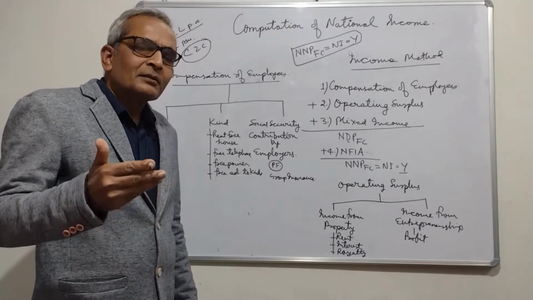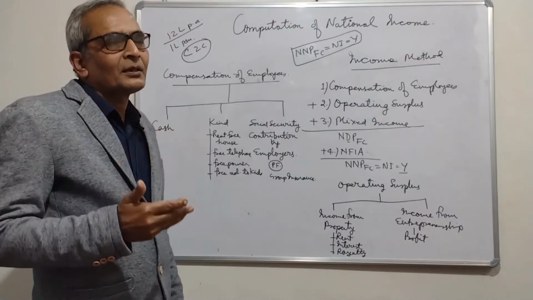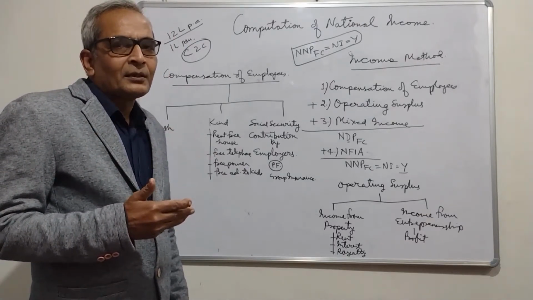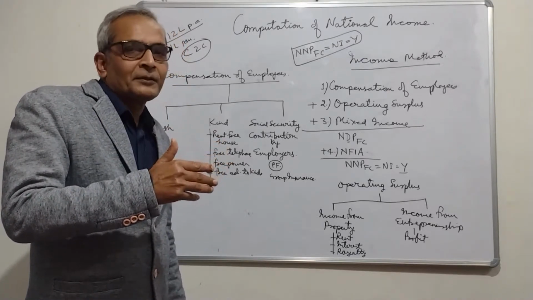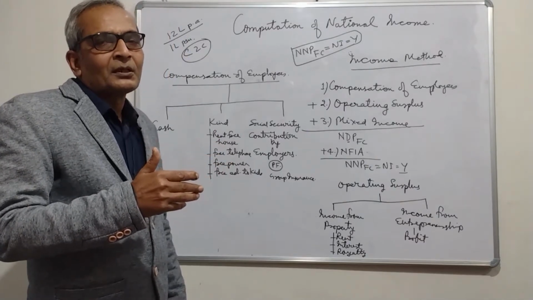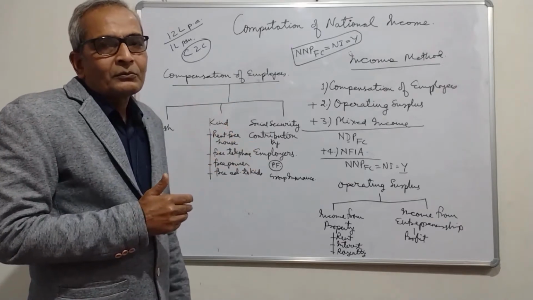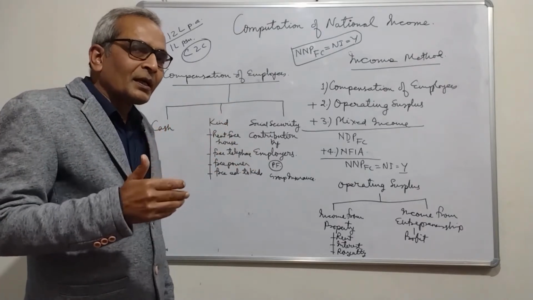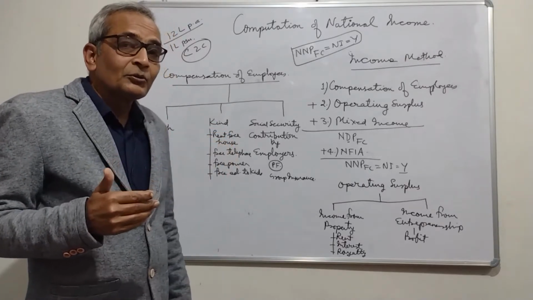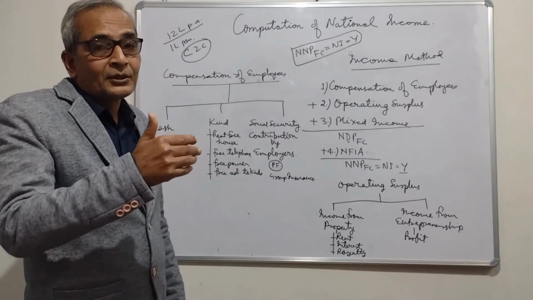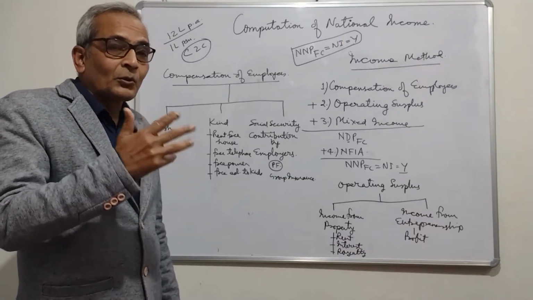Another example is the kind of Pizza Hut, Domino's outlets that you can see all around your city. They all use the brand name of the parent company, Pizza Hut or Domino's. They use their technical know-how, and out of their earnings they pay royalty to the parent company because they are using their technical know-how, they are using their other know-how. So that is the royalty.